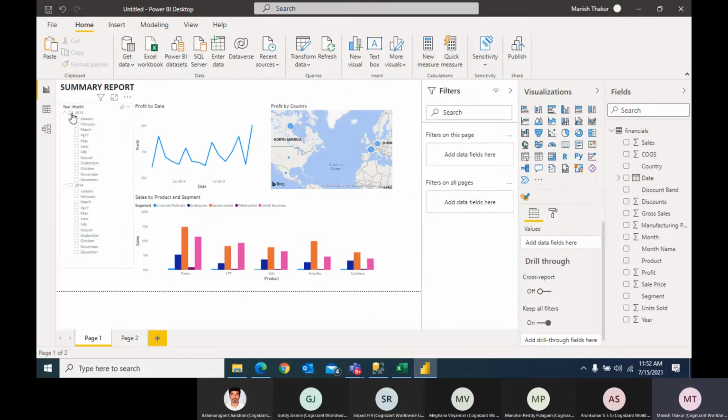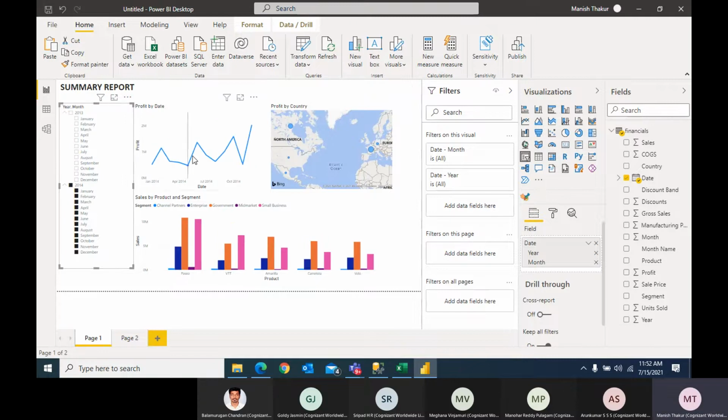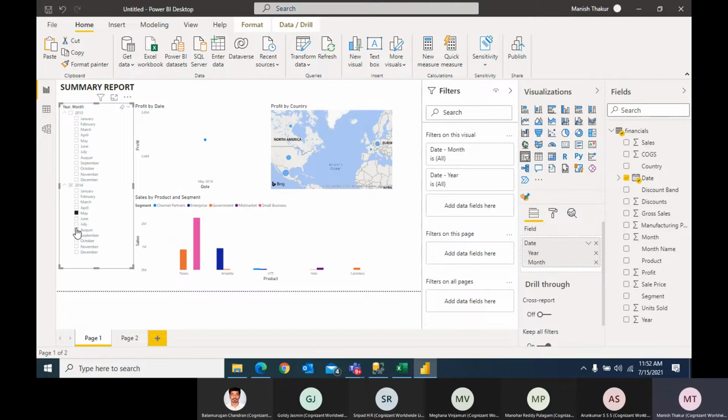So if I select this, you can see the graph also changes based on the selection. My graph is changing, and similarly all the other reports in the graph will also change. Suppose I want 2014, it will give me the 2014 report like that. This way you can optimize your report, and you can do it month-wise also. So I have done the slicer using the date. You can choose other parameters also, and format your graph like that. So I'm just keeping it.